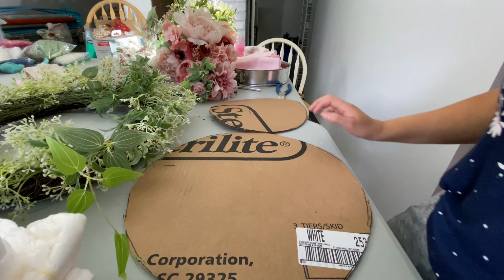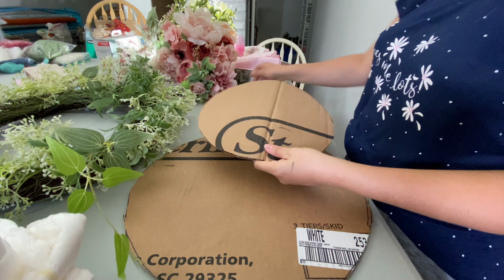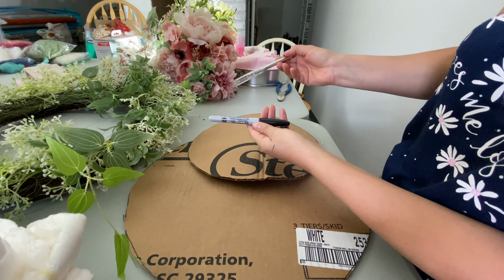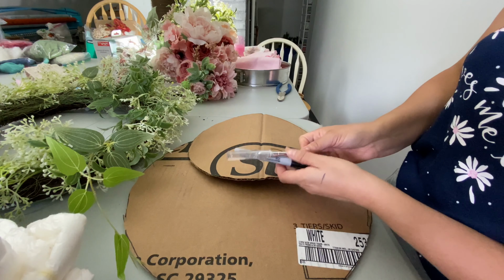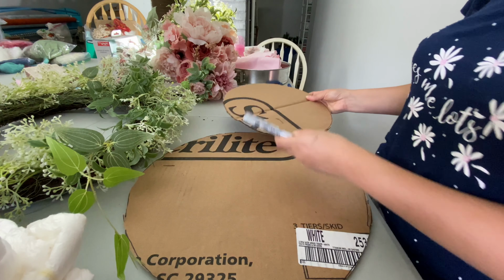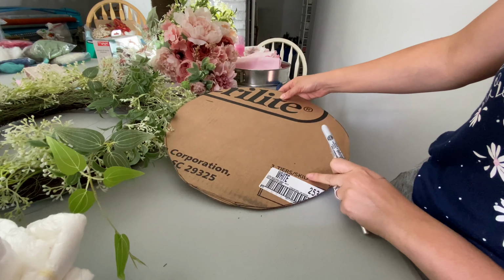Hey guys, so for the sake of time for this video, I had already cut these cardboard circles out, and what I used was my 10-inch pan and my 13-inch pan, and I just placed them onto the cardboard. I used the Sharpie, and then I traced it out with the X-Acto knife. Now you only need one of the small ones, and you also only need one of the larger ones,